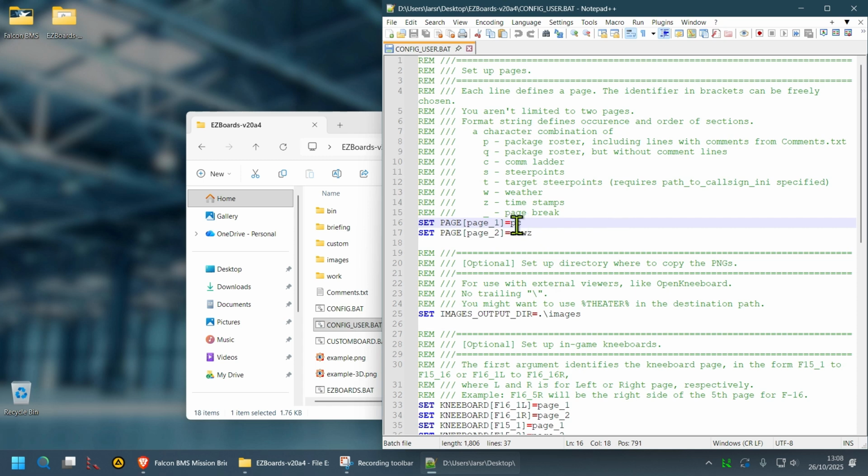So here, for example, P stands for the package roster, C stands for the COM letter. So those two will go on our first page, while on the second page we have S for the steer points, T for the target steer points, W for the weather report, and Z for the timestamps. And so you can change this. For example, you can just remove the C here. So let's save this